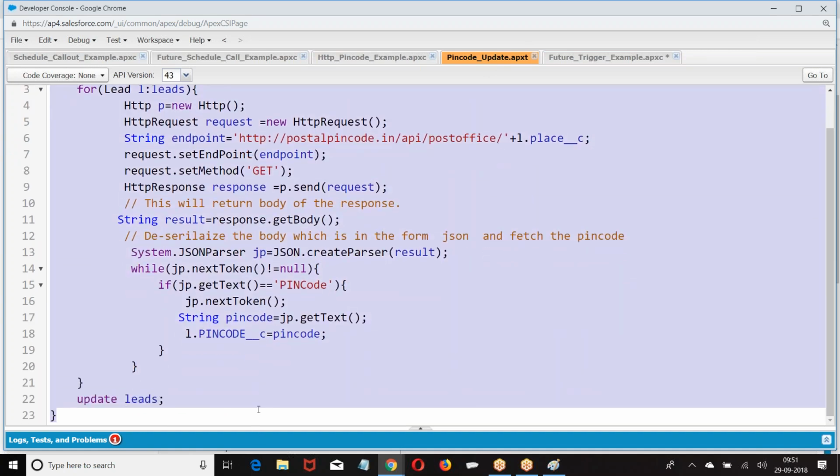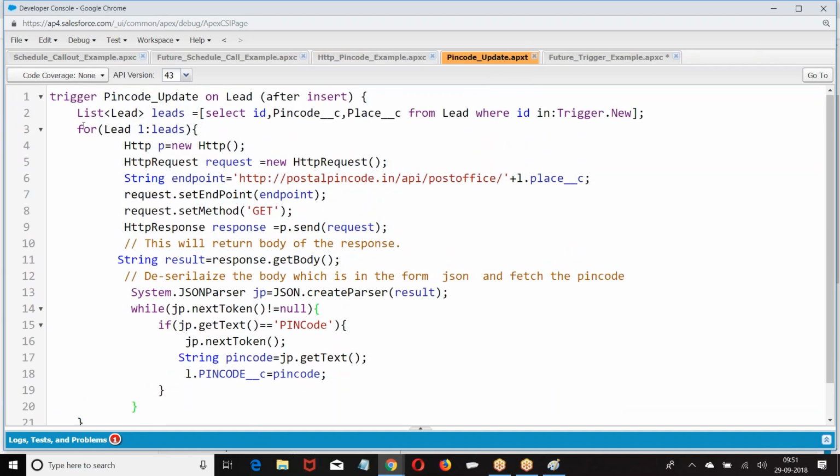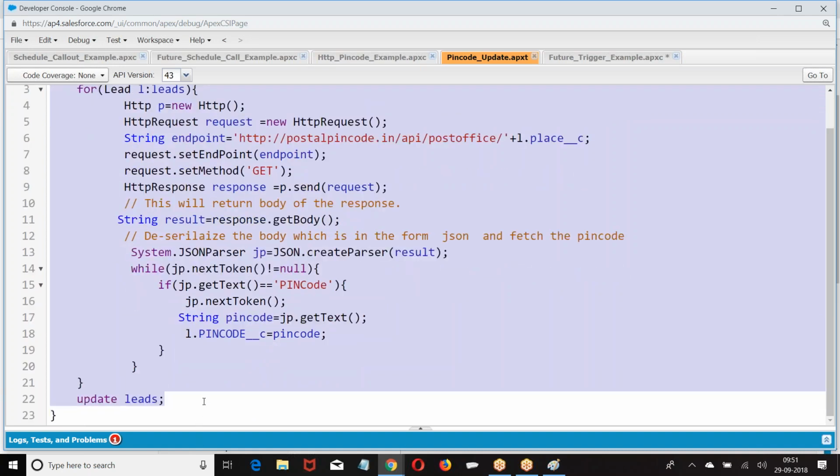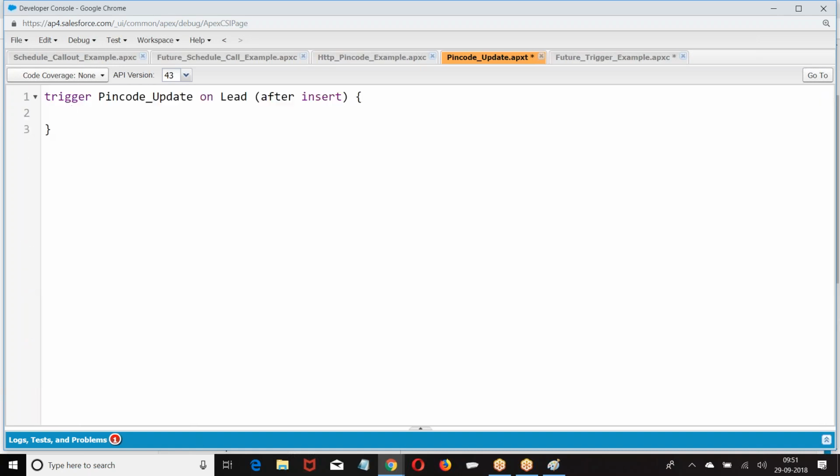There are two. We can pass the list of IDs. One is serialize the data and pass it. Serialize the data as a JSON string and pass it, or else pass a list of IDs.